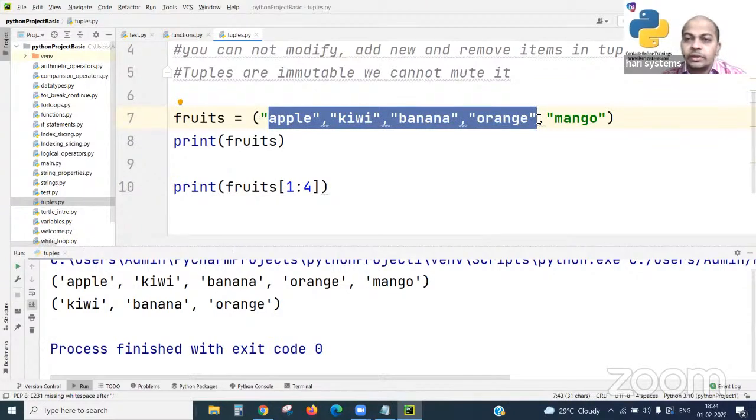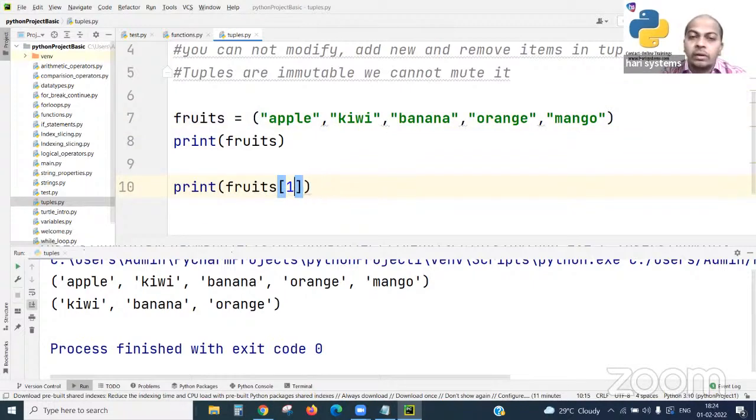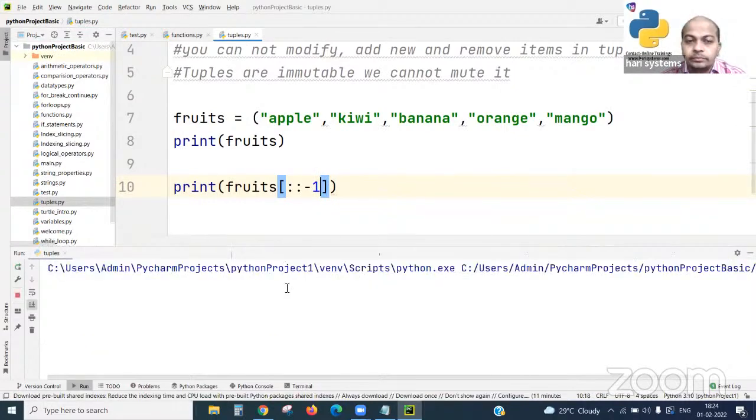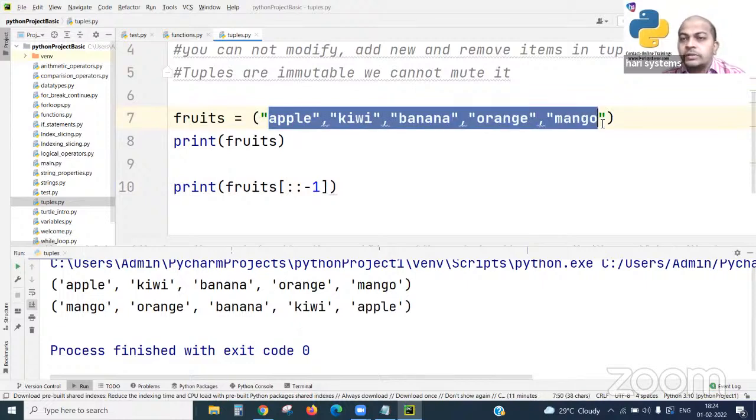The range we are specifying is 4, from index position 1. You can change it, whether positive index, negative index or reverse indexes. You may try all the combinations. Now see here how it is coming. The items in the tuple come out quite opposite: first item last, second item second last. This way we are getting.